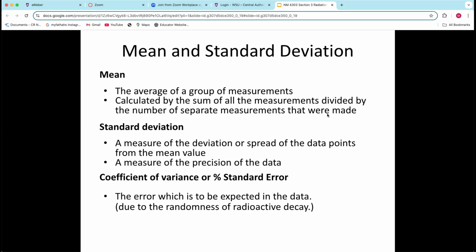Standard deviation is the next principle, and standard deviation is a measure of the spread of data points from that center average. Okay, so this is how much data points